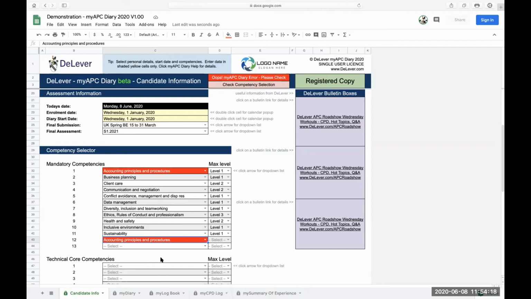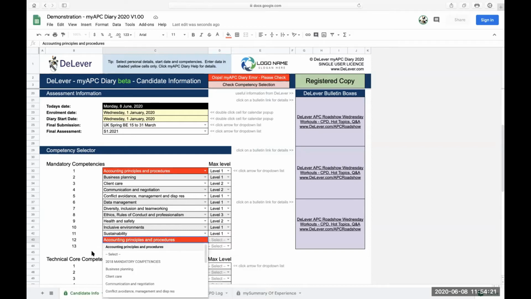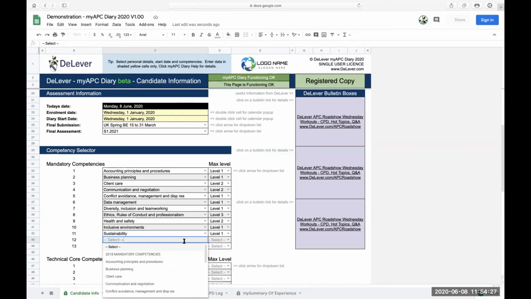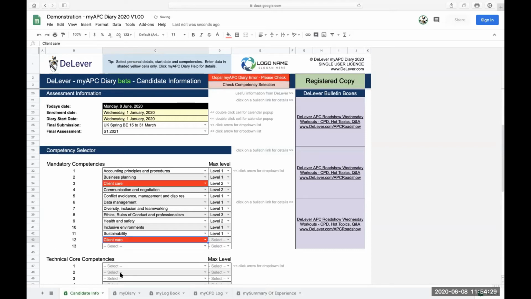So you wouldn't want that to happen. So very, very simply, come back to it and go, oh yeah, made a mistake there. I'll put that back to select, and the system will go away and say that's fine. Now you'll also notice, which I'll talk about in a moment, let's take client care this time, up here on